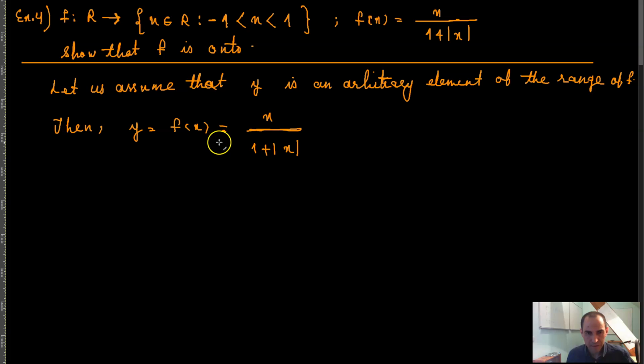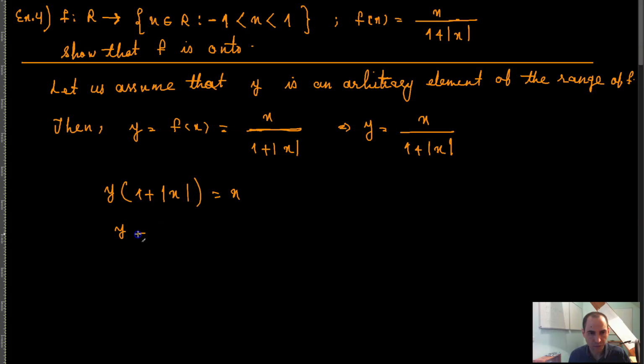Now we need to find x in terms of y. So y is equal to x over 1 plus absolute value of x. Here you will have two cases. It doesn't help me to write y times 1 plus absolute value of x is equal to x, and then y plus y times absolute value of x is equal to x, and then I couldn't do anything here because I have absolute value of x and x over here, so I cannot take them out. It's just not possible to do anything in that state. I have to consider two different cases. So there will be two cases,